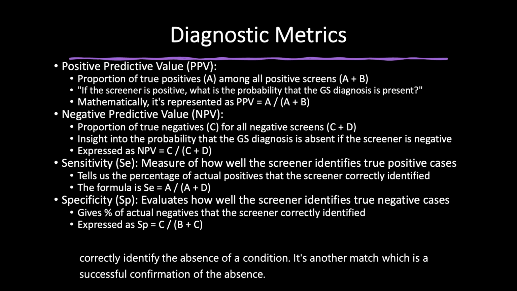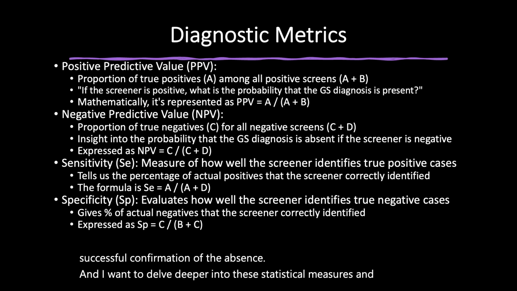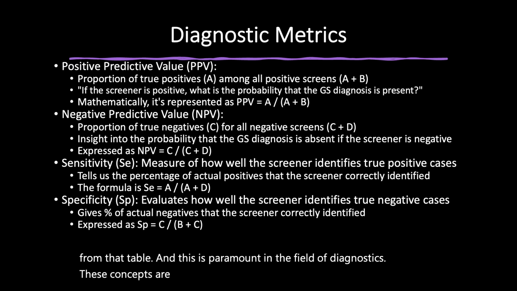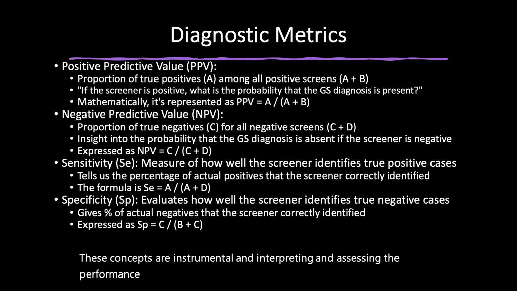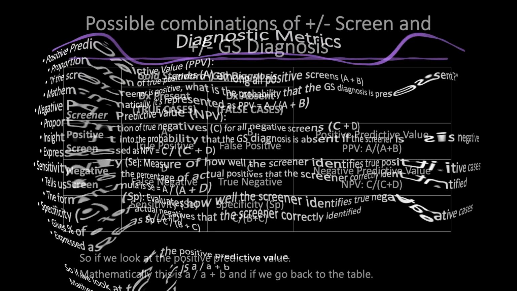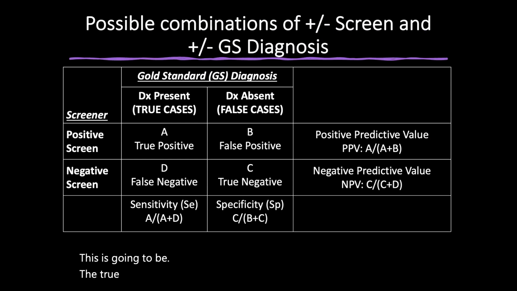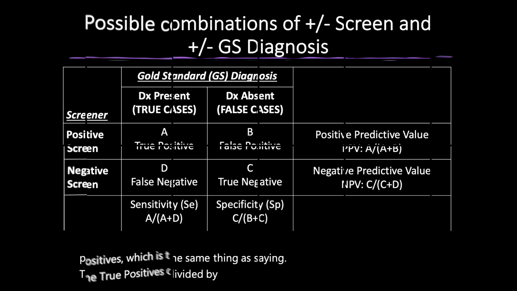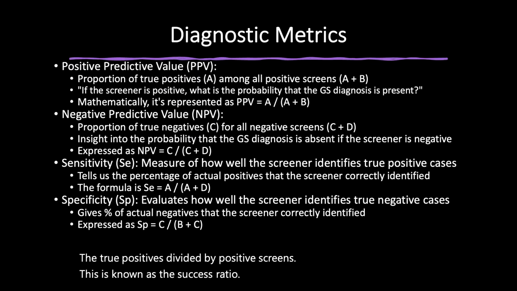And I want to delve deeper into these statistical measures and concepts from that table. This is paramount in the field of diagnostics. These concepts are instrumental in interpreting and assessing the performance of a screening tool, and they hold significant implications for practical applications. So if we look at the positive predictive value, mathematically, this is A divided by A plus B. And if we go back to the table, this is going to be the true positives divided by the sum of the true positives and false positives, which is the same thing as saying the true positives divided by positive screens. This is known as the success ratio, and